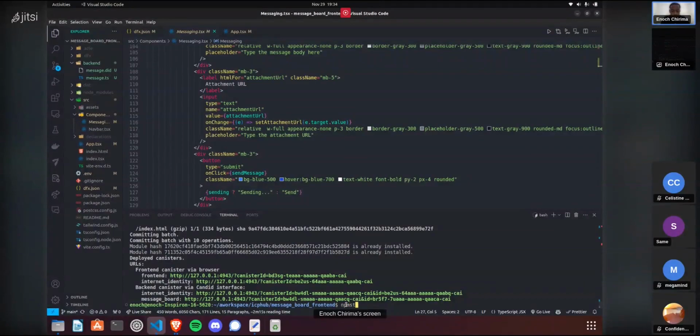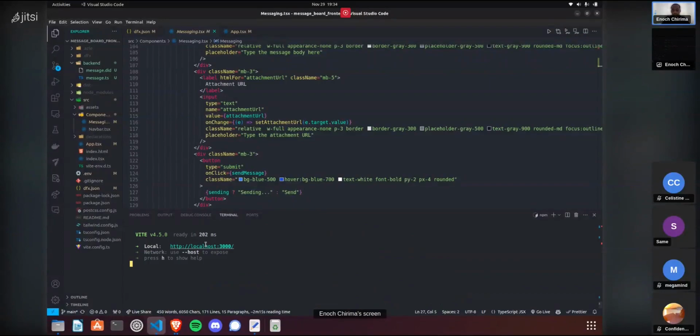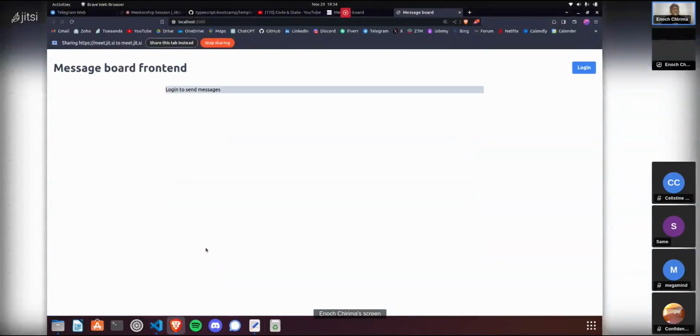just use the server for React. Okay, so another important thing is